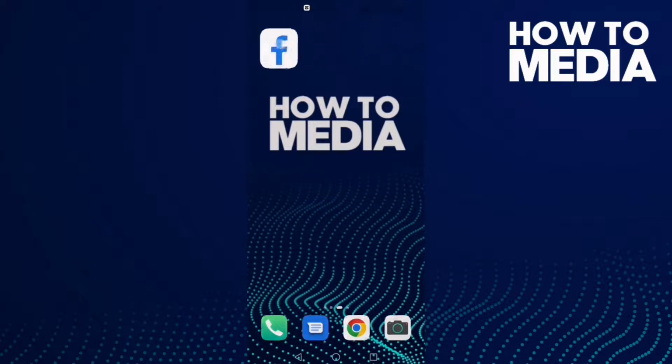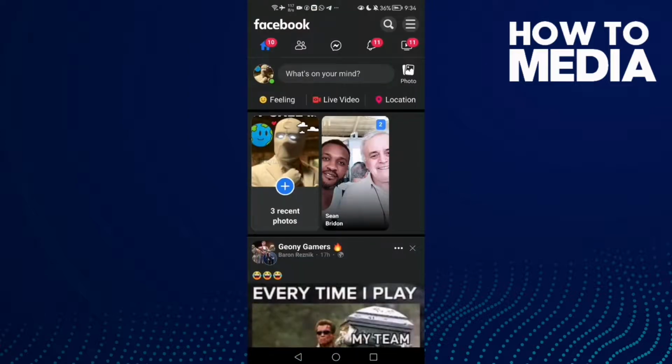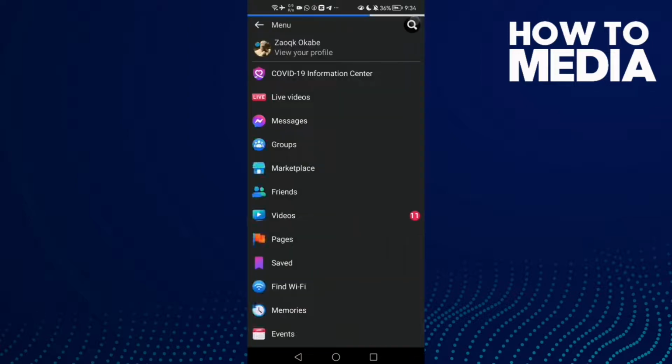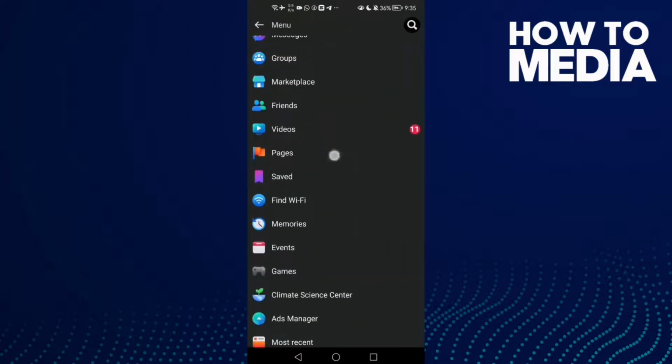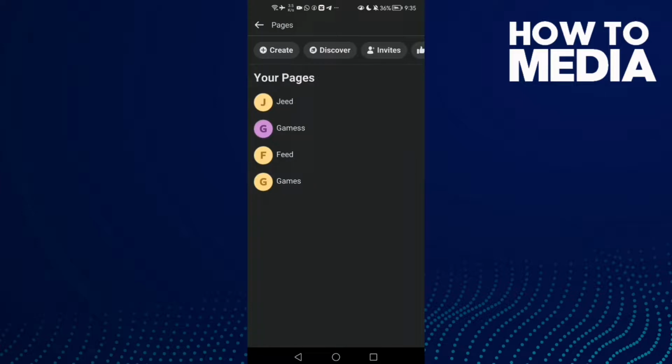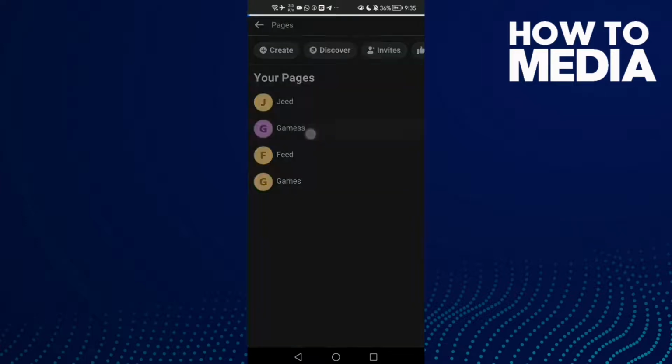First thing, go to Facebook Lite. Here you will find these three lines in the top corner. Click on it and then just go down. You will find pages and then click on your page here